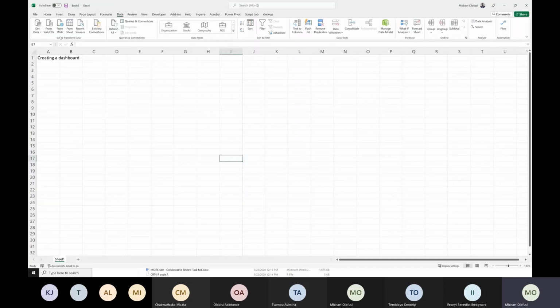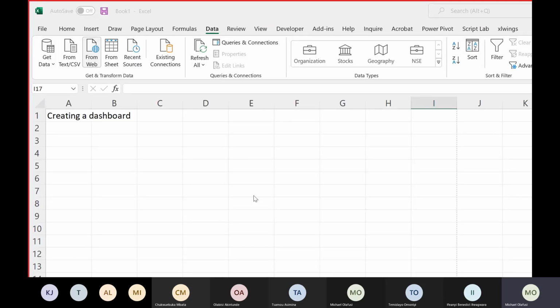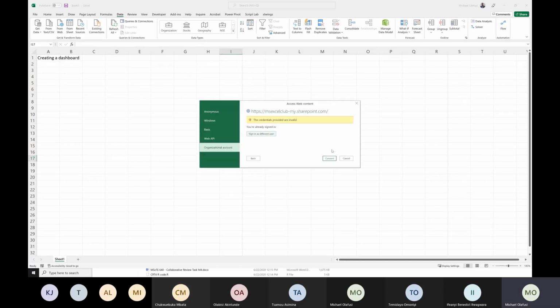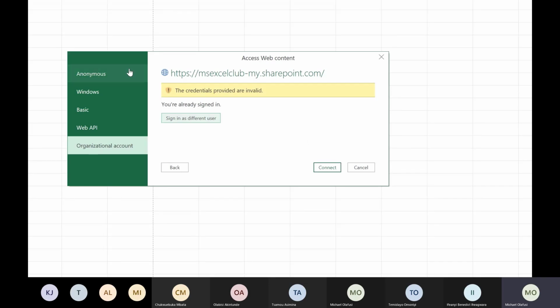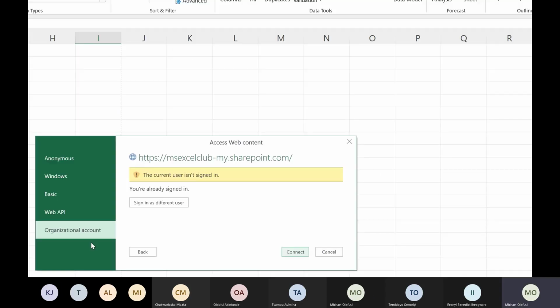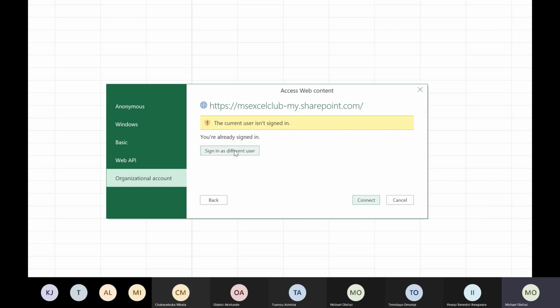And then I go here to web, and click OK. So it wants to know if I have access to it, right? So yes, I'm going to say sign in with my organizational account. I'm already signed in. So yes, sign in. Am I using a wrong account? No, I'm using the right account. Okay, anyway, I can sign in with a different account if it's complaining.